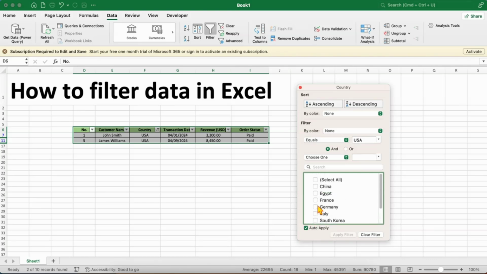For example, if you also want to see customers from China, just check both United States and China in the filter box. Excel will display rows that match either country, making it easy to compare or focus on specific segments of your data. This feature is incredibly useful when you're working with hundreds or thousands of rows and don't have